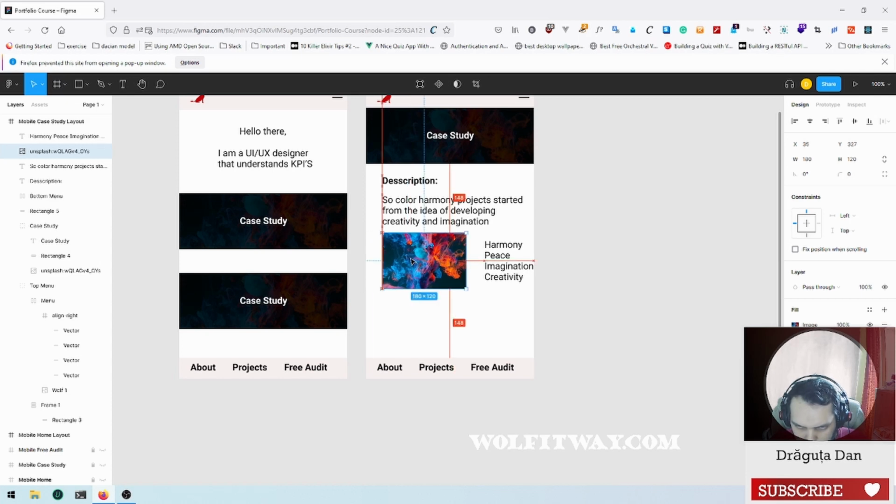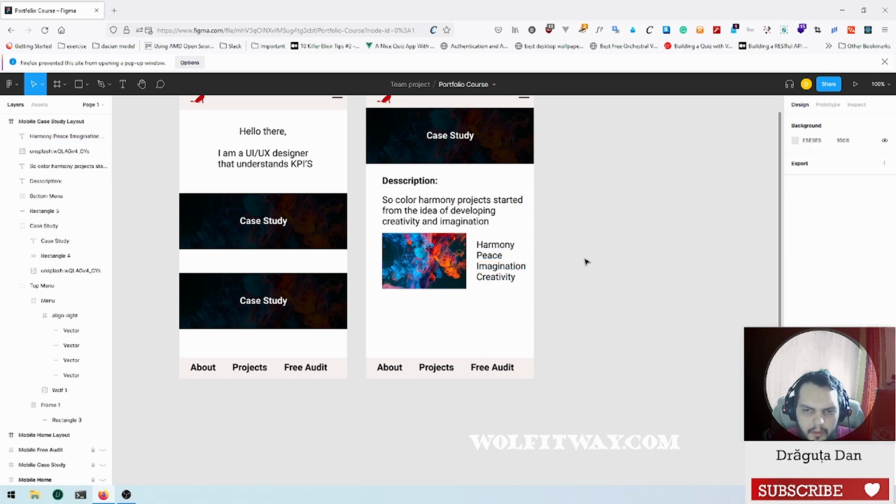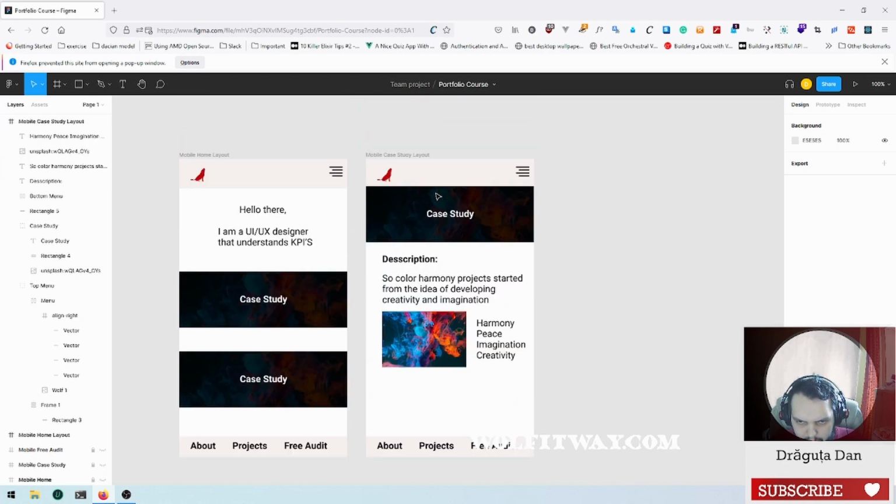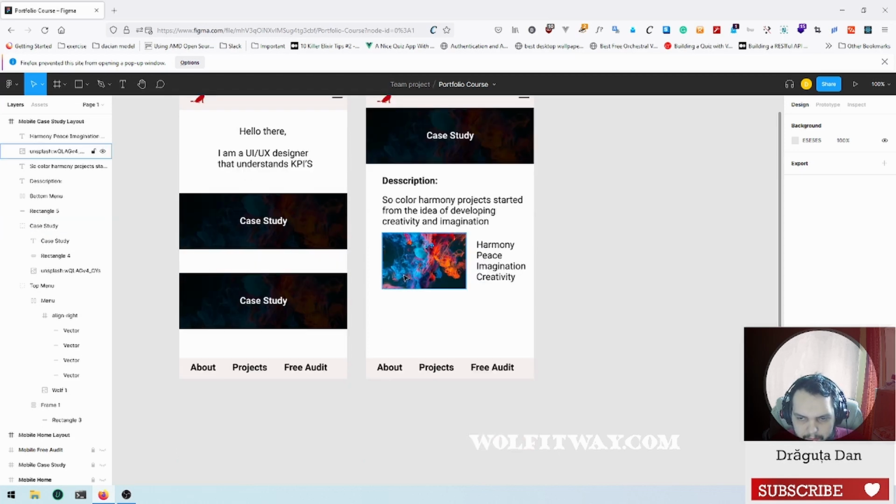We can also do something like this, which might be interesting. For this again, we would probably use an auto layout and try to connect both of them. But for what we are doing right now, it's perfectly fine to eyeball it. One of the problems that I saw right now is that we also need something down here to complete our project, so